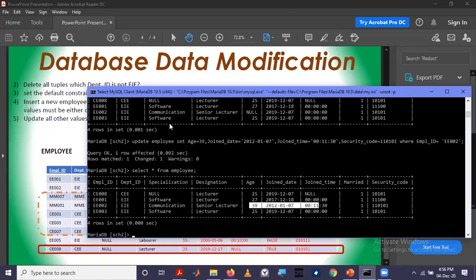Later on, we will use database retrieval. That means how to retrieve this data from the database effectively by joining the tables, how to combine data from one table with other tables. Those things we will discuss later. So now we have finished the implementation of a relational database. This is how you implement a relational database.